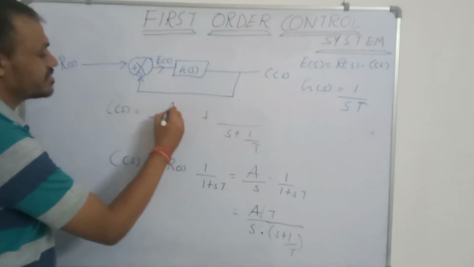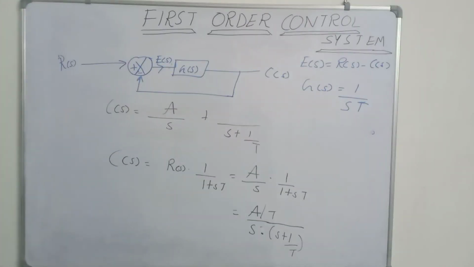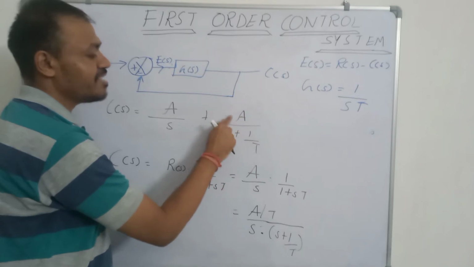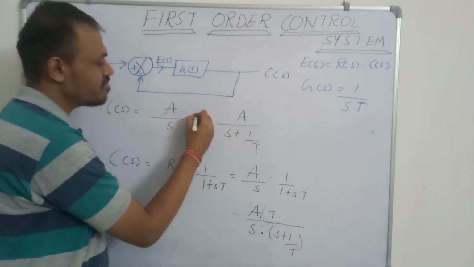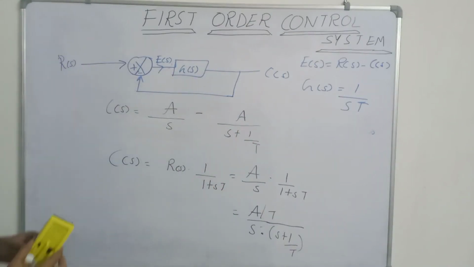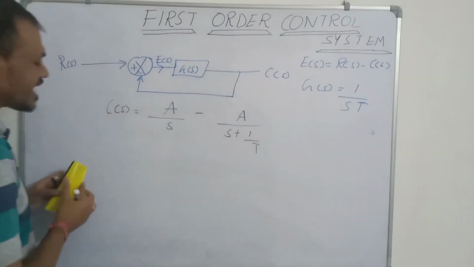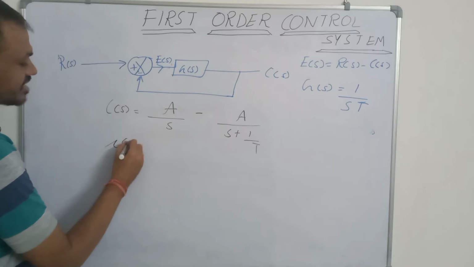So it will be A upon S. And if you put S equal to minus 1 upon T, then you get minus A. So we can take minus to this side, and this is equal to minus of A upon 1 plus ST. So if we are taking the inverse Laplace transform, then C of T is equal to